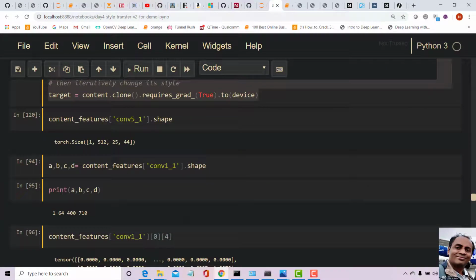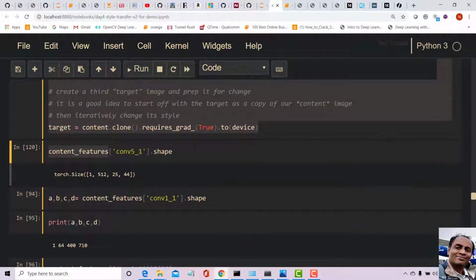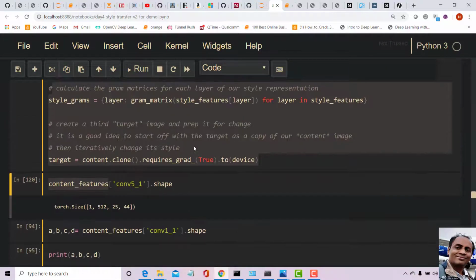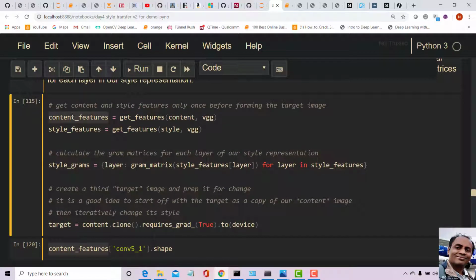So that means we are going to have 6 different arrays of different shapes in this content features. Similarly we will have the same thing for style features, because we got both content features and style features. Now let's see what we're going to do with it.